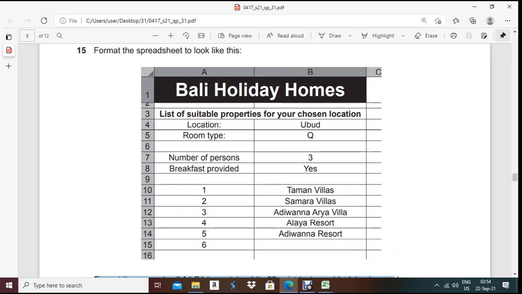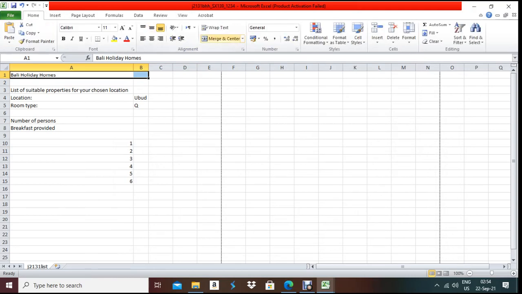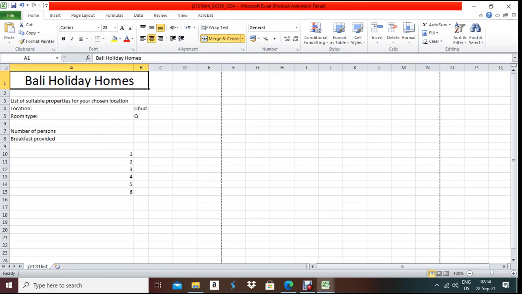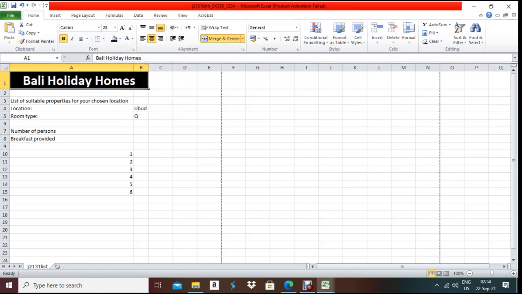So sans serif font, black background, 28 point. A1 to B1, first merge it, center aligned, 28 point. It will be bold; they did not mention it, but you have to make it bold. Sans serif, background color black and font color white.